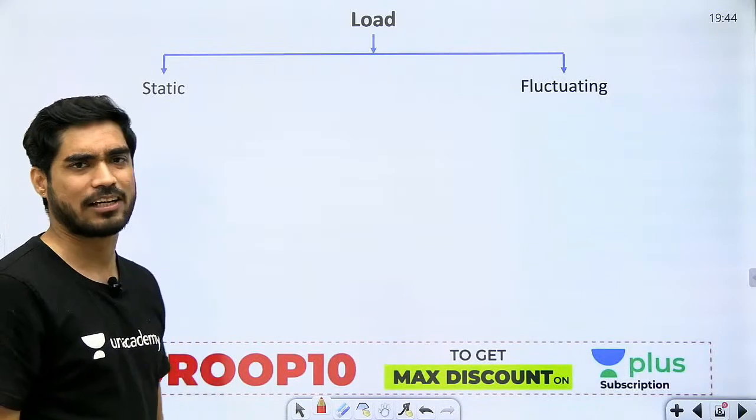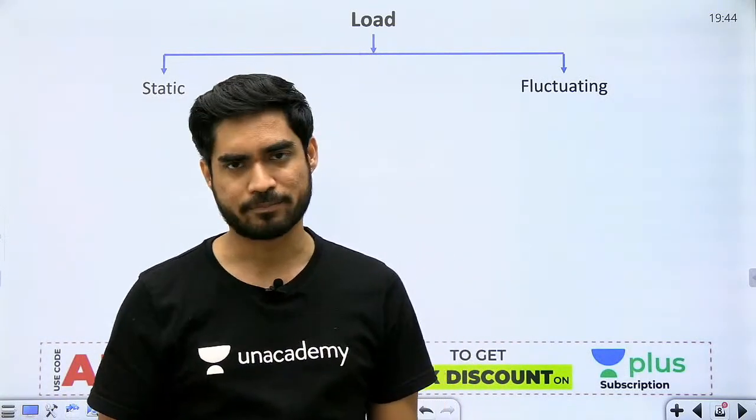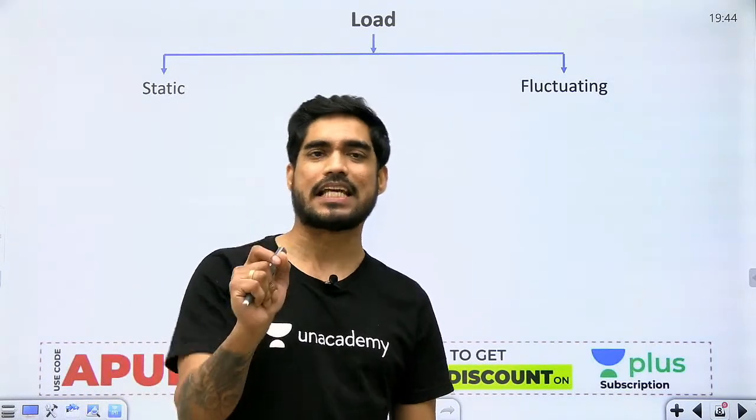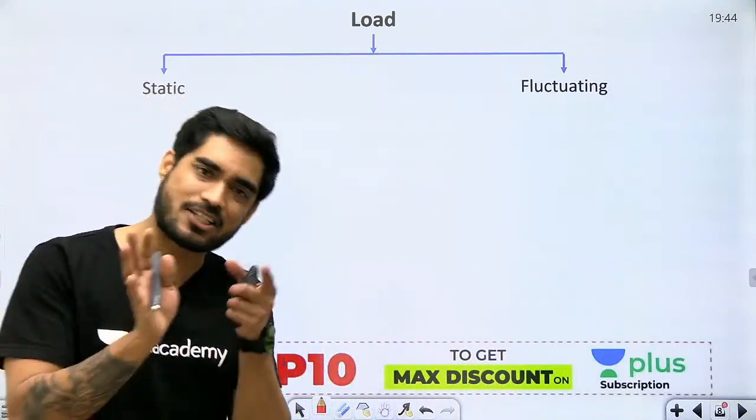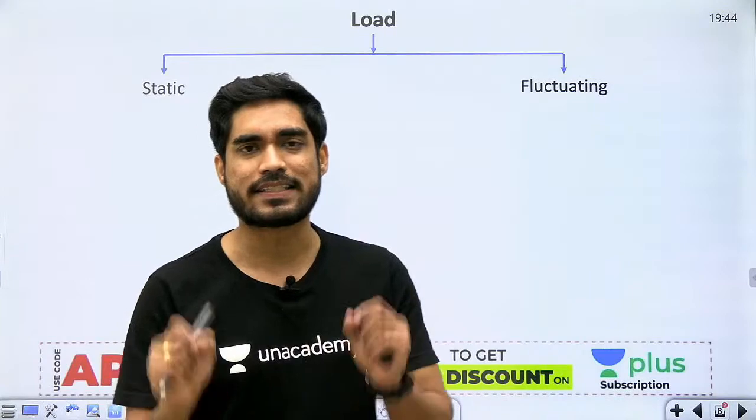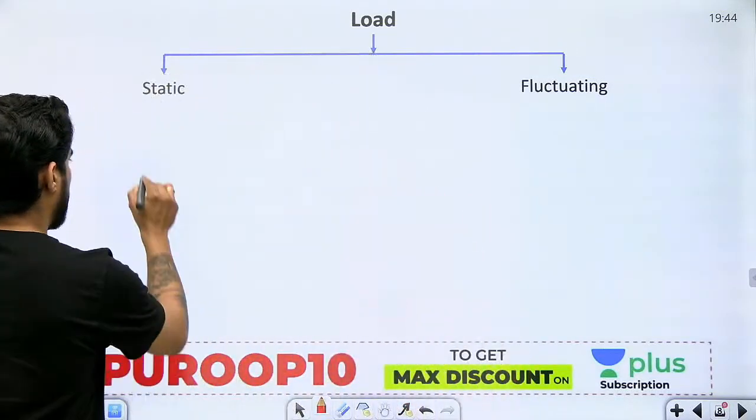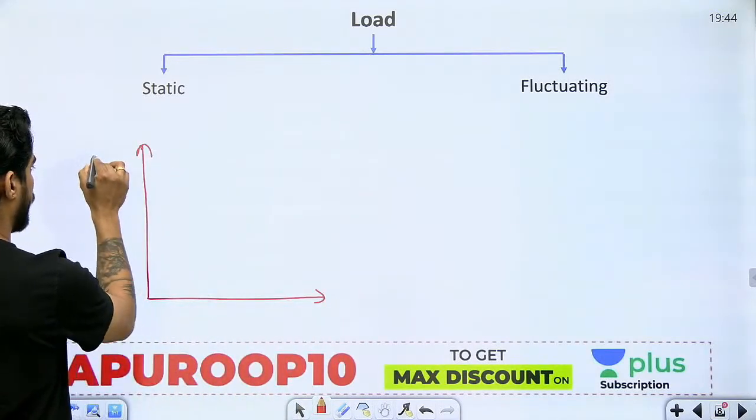In case of static load, the load remains constant with respect to time. स्टैटिक लोड का मतलब है लोड जो है वो टाइम के साथ चेंज नहीं हो रहा है. The load is constant with respect to time. The magnitude as well as the direction is constant with respect to time. So if I draw a graph between stress versus time,